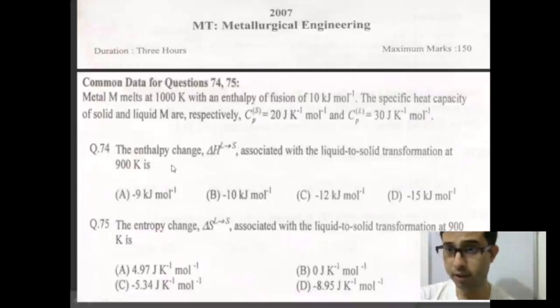temperature of 900 K. See, at 900 K there is no transformation. If it is in a normal state, there should not be any transformation. But you have been asked to find an enthalpy change at 900 K, which is not the equilibrium temperature for coexistence of liquid and solid simultaneously. The temperature should be 1000 K, at which liquid and solid are at equilibrium with each other. And you have also been asked to calculate the change in entropy for the process at the same temperature